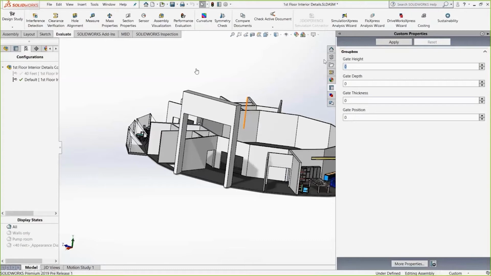And then once I create these different controls that I'm looking for, gate height, depth, thickness, and position, I can push these values directly into file properties inside the part or the assembly, and those file properties can be used for calculations or to be connected to a dimension. All right, so I'm going to go ahead and fill out this form, and then when I click Apply, I'll